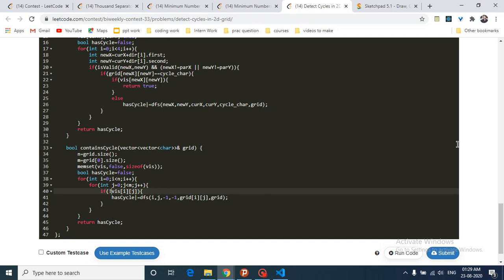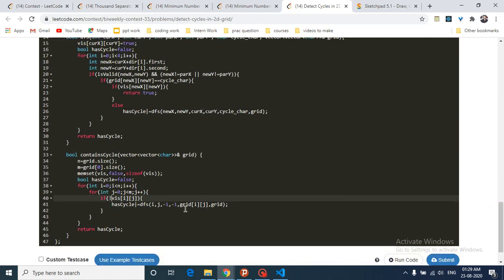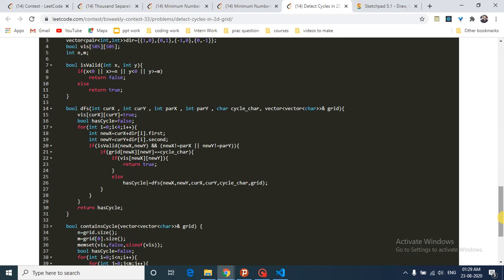So how will this DFS function run? We send i and j, which is the current location on which we start, and the parent coordinate. As in the initial graph problems, the initial parent is taken as -1, so the initial parent coordinate will be taken as -1, -1.